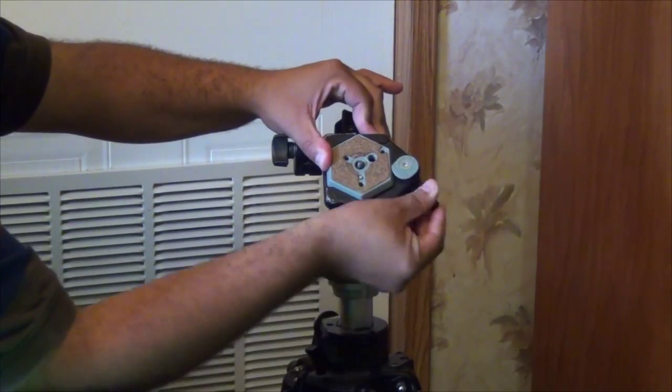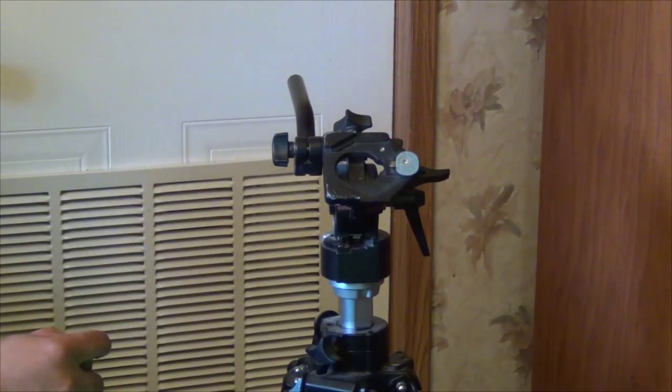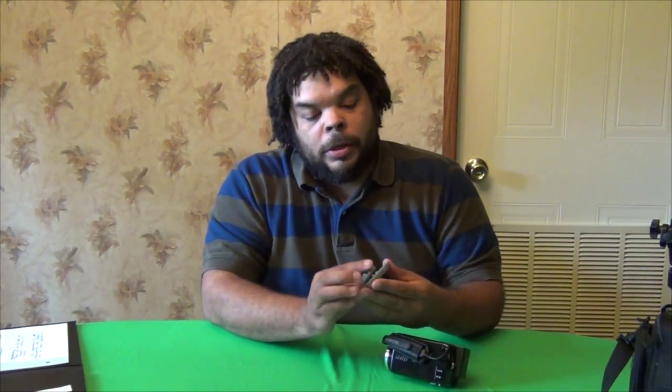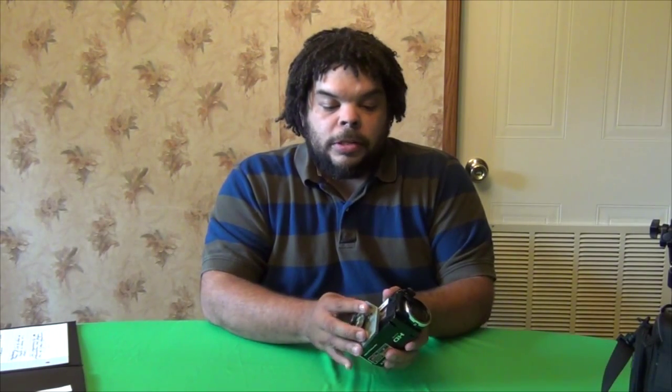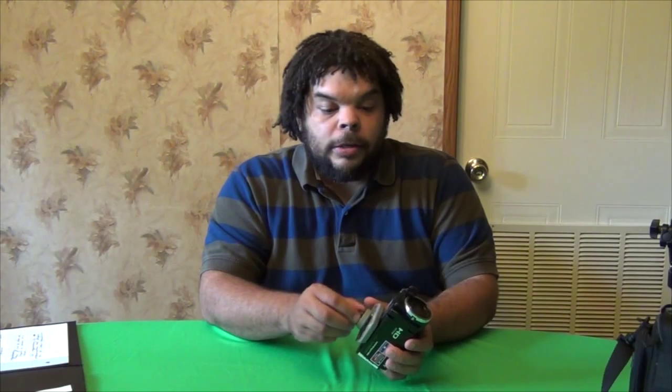We're going to take what's called the boot off of the tripod. We're going to connect that to the bottom of the camera. If you look on the bottom here, you'll see there's a screw hole that's a mount for this, and also on the boot itself there's an arrow that says lens. So when placing this on, you just gently tighten the screw, because you don't want to strip out the threads